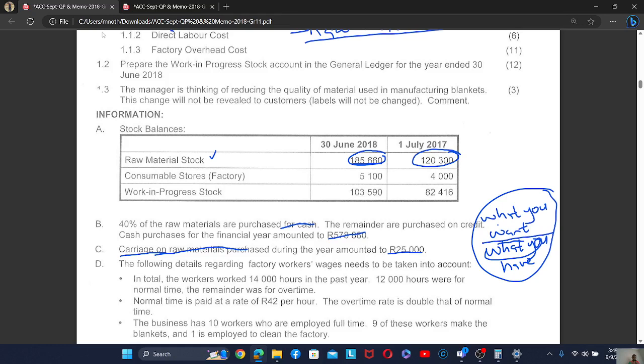You need to remember that this is raw material that is there in the storeroom, right? Yes. So we have added, and then we have found that the raw material stock is 1 million, right? Yes. But now, when we look here, at the end of the year, the raw material stock is 185,660. So this means